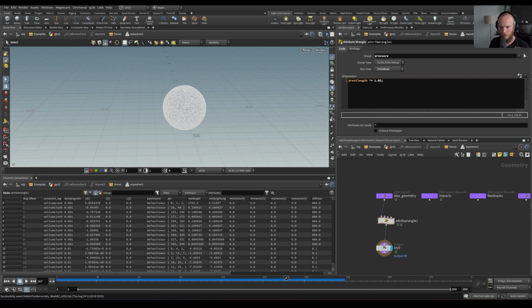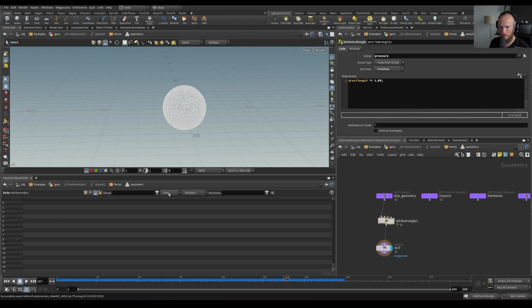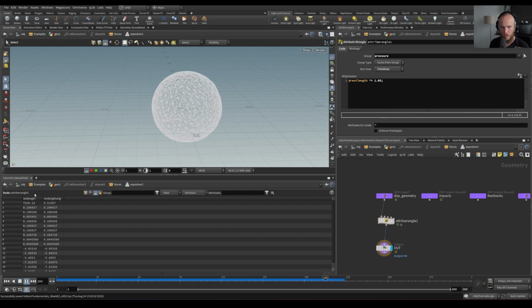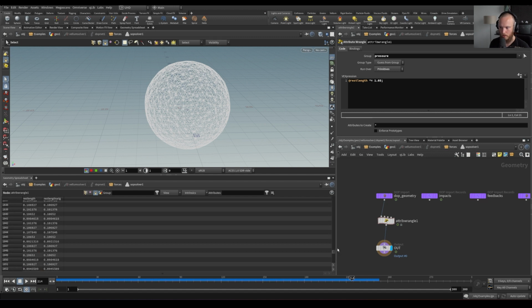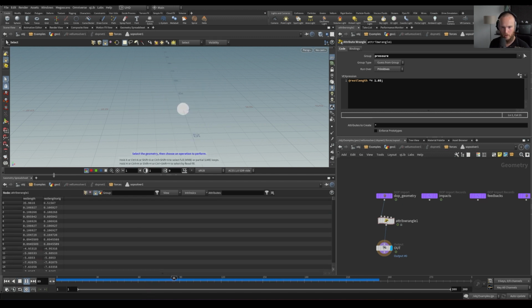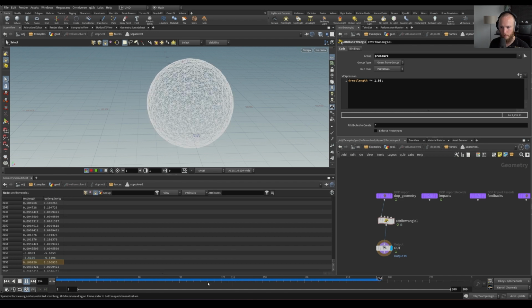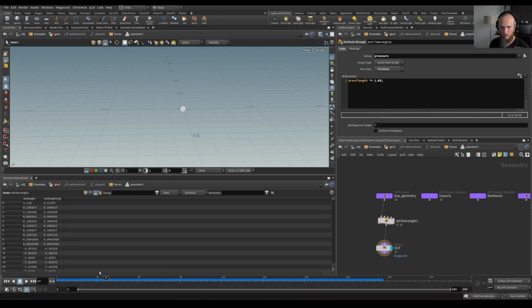But if we look at these attributes, let's just hide everything. And I mentioned this last week as well. We have rest length and we have rest length orig, so the original rest length. You can see our rest length is actually increasing, and we just want to do it from our pressure constraint. You can see our rest length from our pressure constraint is increasing. The rest length orig is remaining the same. So let's say, all right,